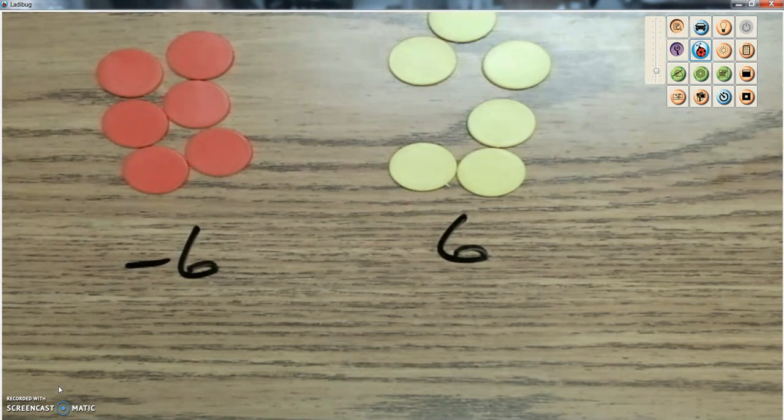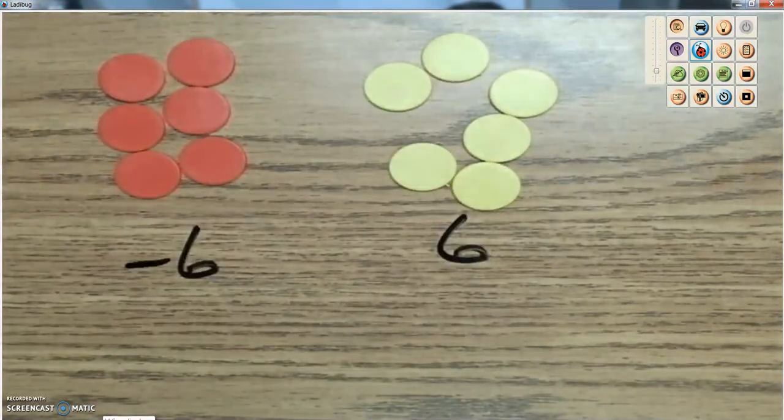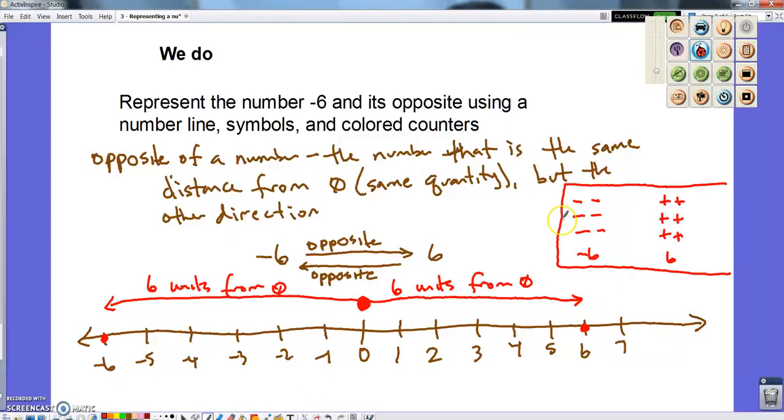There are probably other ways that they get represented, but these are three main ones that I think you'll see the most. And they kind of give you an idea how they work, right? Same quantity, different color, or same quantity, different signs, or same quantity, different directions. That's how they work. So that's how opposites work, and that's different ways to represent numbers on the number line and their opposites. And I think that covers it. So once you've got good notes taken and you feel